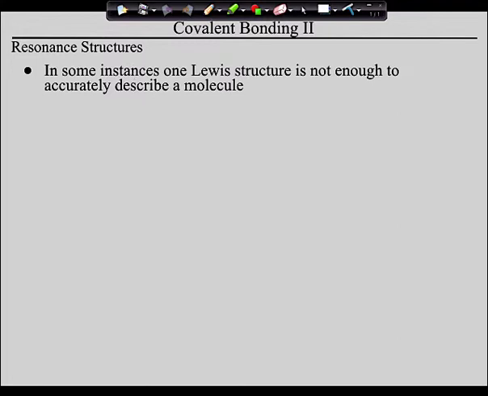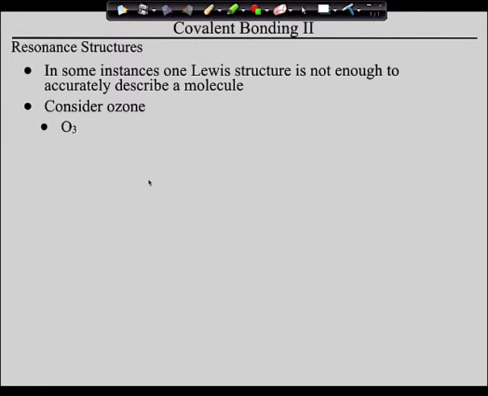But guys, here's the thing that's interesting about ozone. You cannot accurately describe ozone with one Lewis dot structure. And remember, we talked about carbon dioxide, right? You remember that we said that you can describe carbon dioxide as double bonds or a single and a triple bond, right? That's not what we're talking about. What we are talking about are Lewis dot structures that you can draw in 2 different and yet equal ways. So let me show you what I'm talking about relative to ozone.